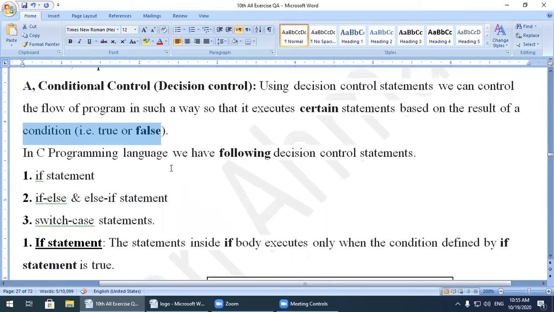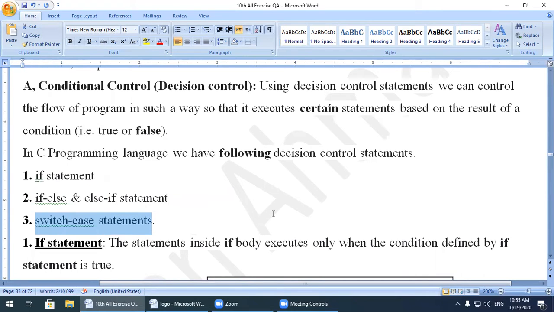In the C programming language, we have the following decision control statements. Which ones? The if statement, if else and else if statements, and the switch statement, the switch or case statement. So these three kinds of statements are present in your chapter.